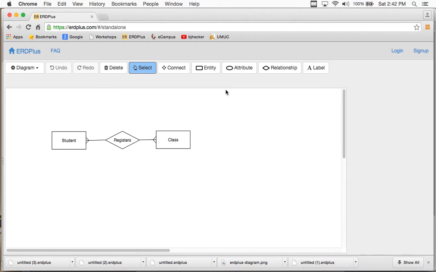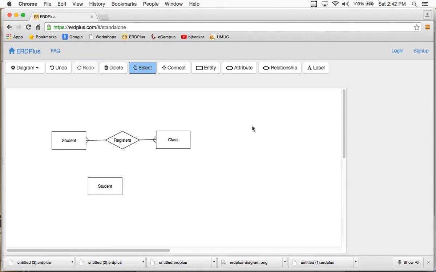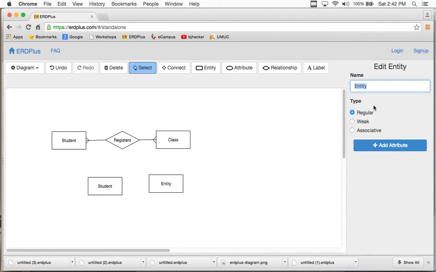So let me show you something. I'm going to show you a one-to-one so that you can see. So this is one student. Let's just call this one a student here. And the student has a birth date. Only one student has one birth date. So I'm going to go here and say birth date. Birthday,